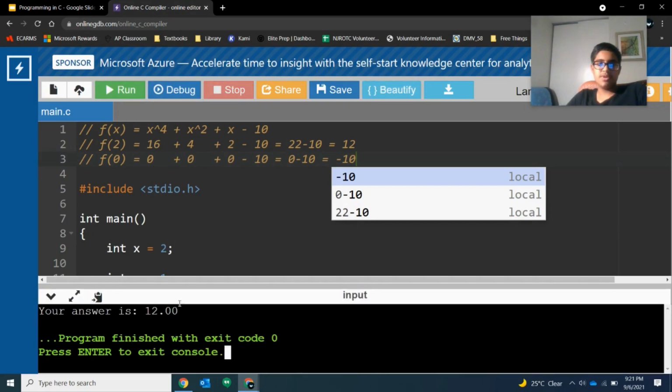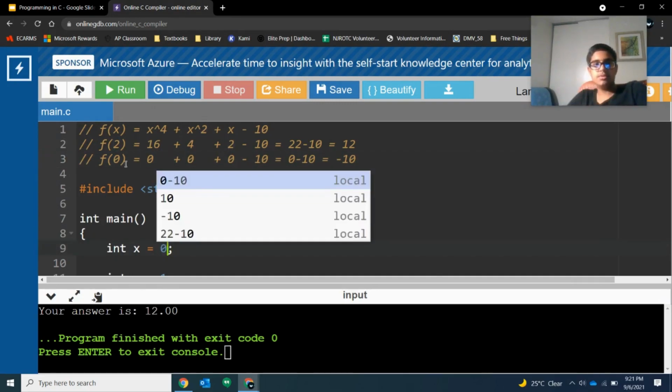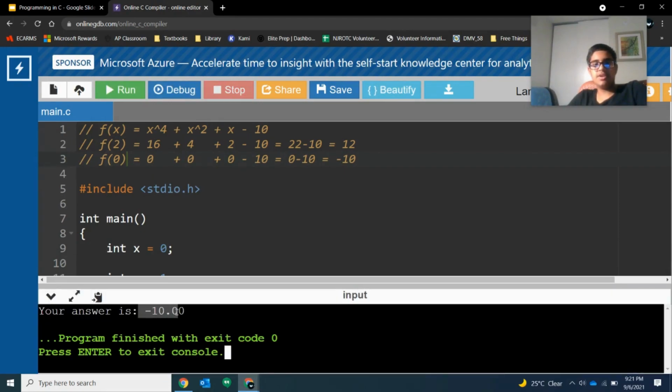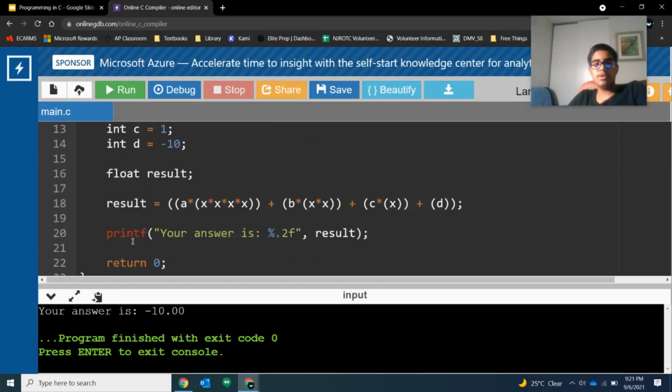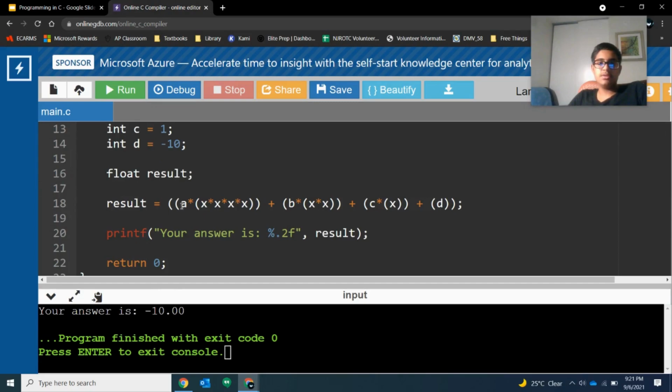Yep, 12. And then let's try decimal. So we're not going to solve that out over here. Nope. Sorry, I forgot to change this. Change this to a 0. Yep, negative 10. And now let's try this at a decimal point. So sorry, we have to change this to a float too, because that's going to go in as a float, and then